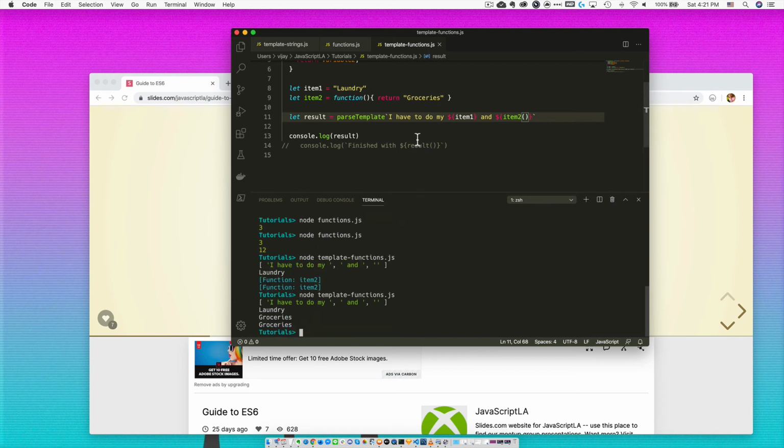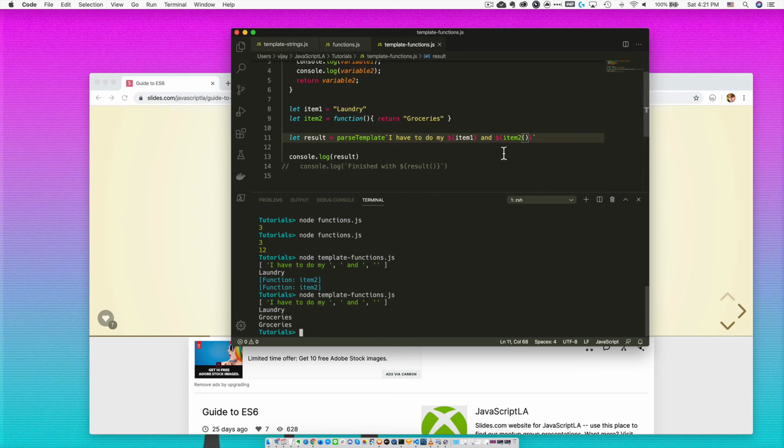Okay, so let's take a look and see what we get now with the result. So I have to do my laundry and my groceries, right? And because now I'm calling item 2 inside the plugin syntax, I get back a full statement. I have to do my laundry and groceries. And so if I pull this back and uncomment it, and I return this to the syntax that you saw in the slides, if I do node one more time, and I'm actually going to comment this out so I don't get an error,